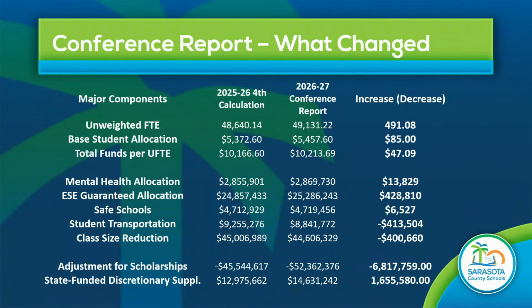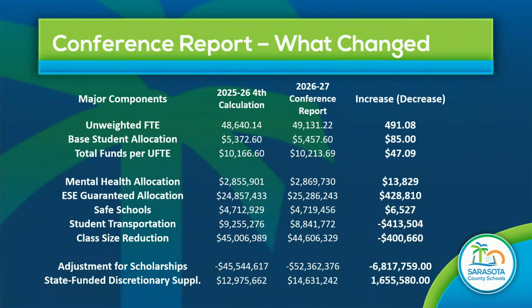So if you look at the conference report, we want to look at, well, what changed for us? What happened? We did see our FTE unweighted has increased, which we've explained. That is not necessarily to the bottom line of our district managed schools. Our student-based allocation rose $85. And for total funds per unweighted FTE, we saw an overall increase of $47.09. There was a nominal change in our mental health allocation, nothing major. Our ESC guaranteed allocation rose. Our safe schools allocation